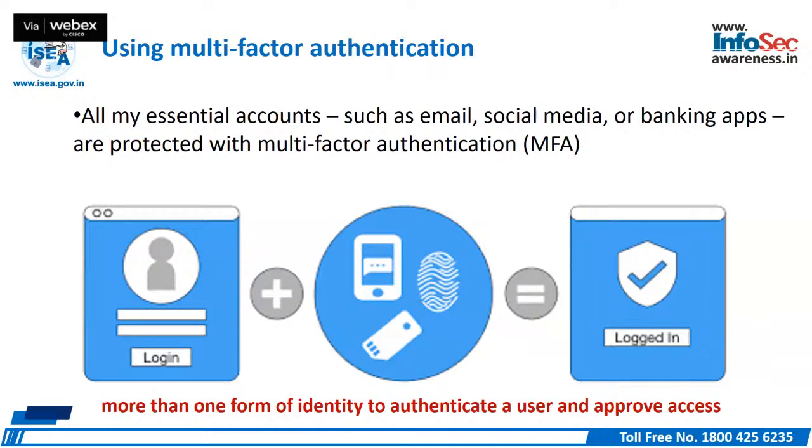Use multi-factor authentication. For example, for any online banking or email, immediately they will ask for your username and password. Once you give that, you may get an OTP, or they may ask for a thumb impression or something else. Only after you provide that data will it log you in. That is called multi-factor authentication. It is an additional layer of protection for your account. Username and password is one, and if you enter a second-level password, then it is called multi-factor authentication. Here you are authenticating yourself two times.